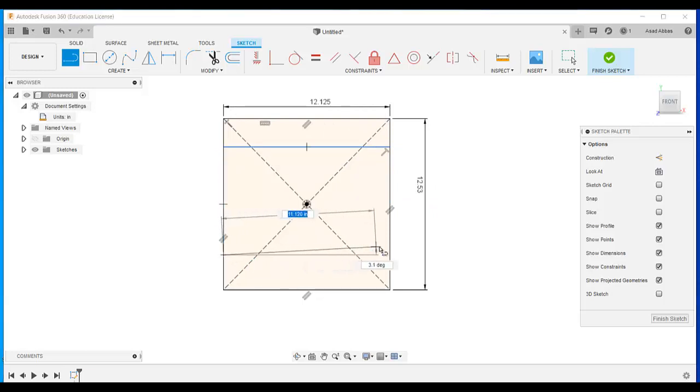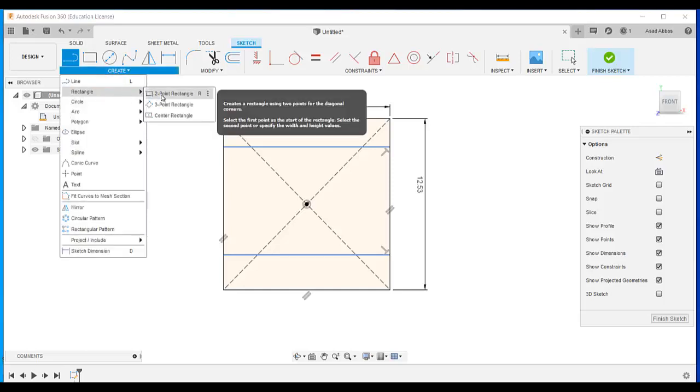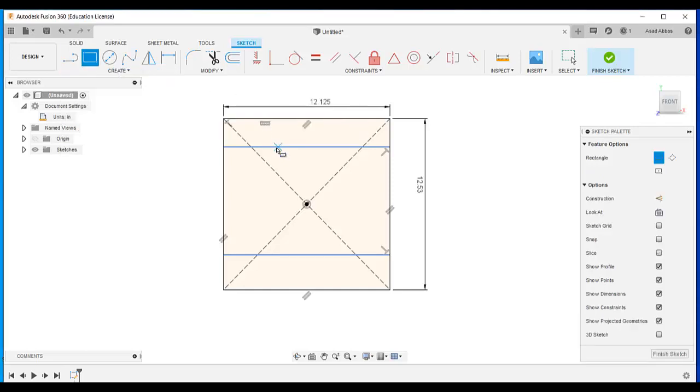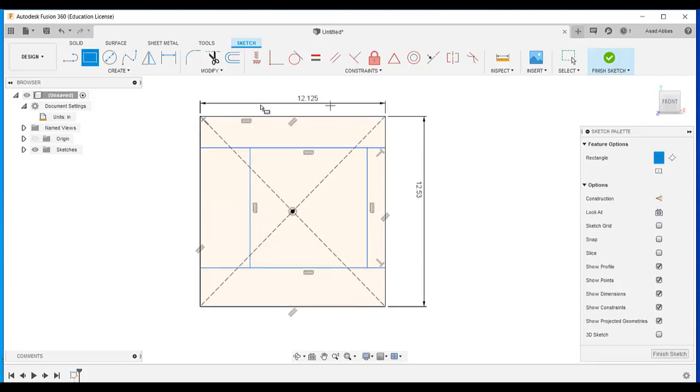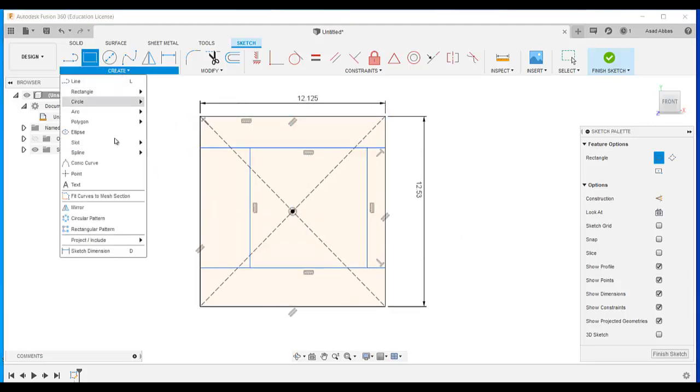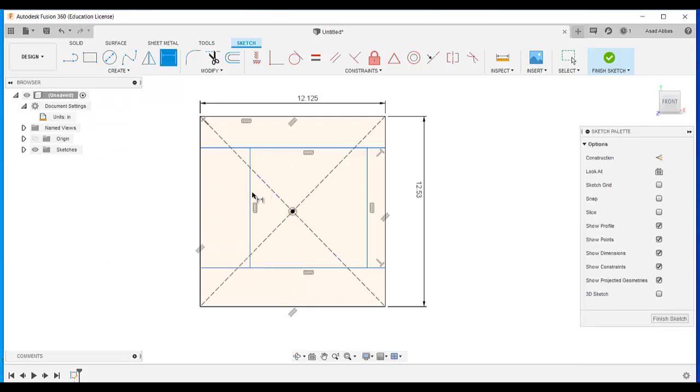Then I'm going to select line tool and draw a horizontal line like that and again another line like that. Okay, now go here on rectangle, 2-point rectangle and select this point, first point on that like that and second point on that like that. Okay, and then again go to create, sketch dimension and select this line and this line to put a dimension for this line. So this dimension is given as